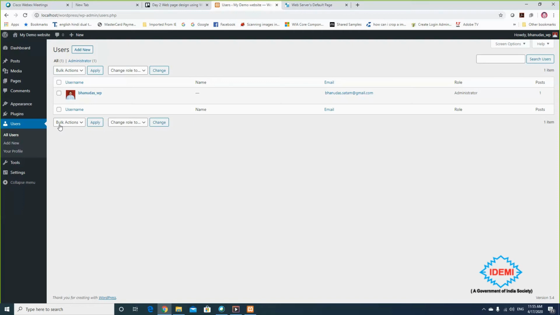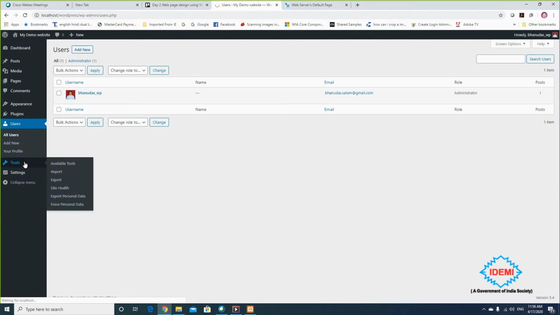But if you invite people and tell them to subscribe to your page, and they register on your website as subscribers, then you will get a number of subscribers listed here. So you can find out the number of users registered with your website. You can use all users, add a new user, and see the profile of each and every user.